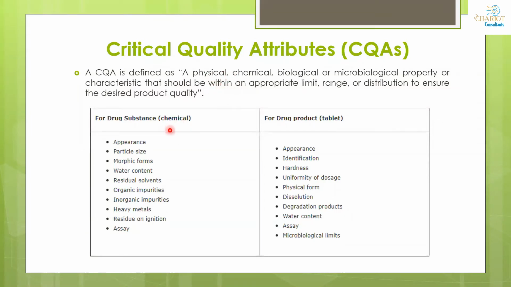For example, in this table, what I have separated is, for example, your drug substance, which we call the chemical or the active ingredient. What are the critical quality attributes of a drug substance? First of all, the appearance. Appearance is very important because today the vendor is saying that my API is white to off-white. The next day when he supplies a different lot, the color changes. So somehow it will impact the quality. Why has the color changed? Maybe due to some uncertain things that happened during the synthesis or during handling, whatever. So the appearance is very important for any drug substance.